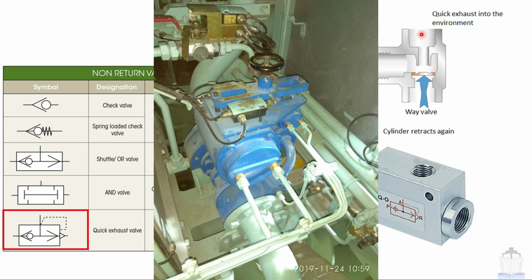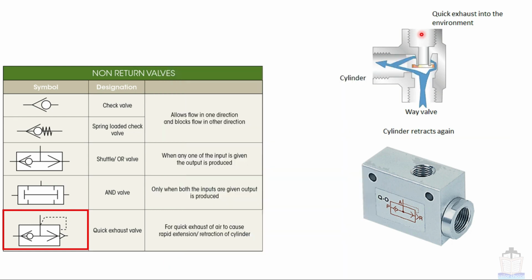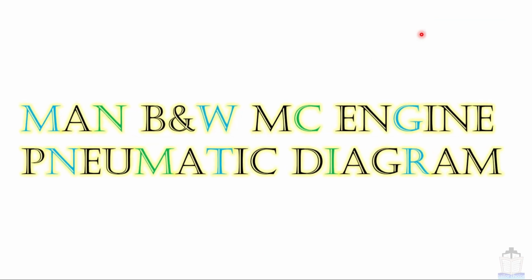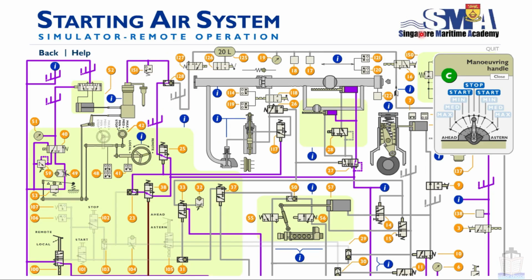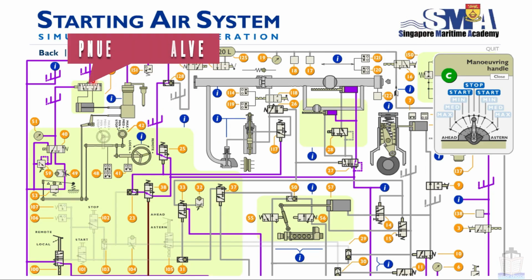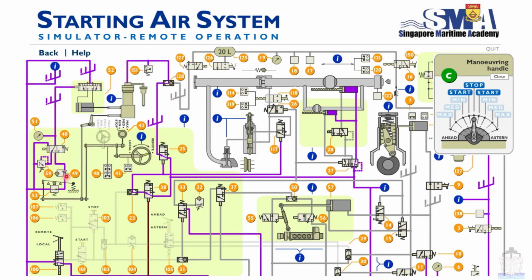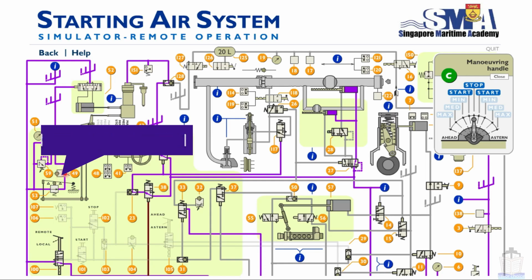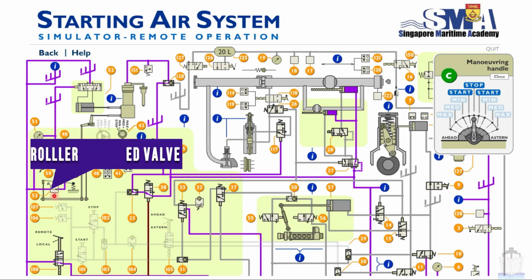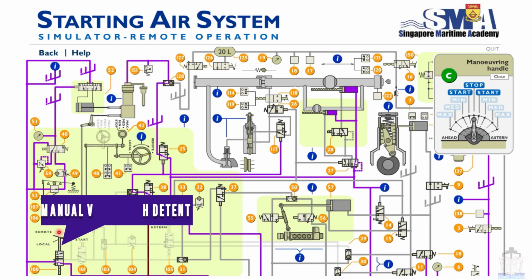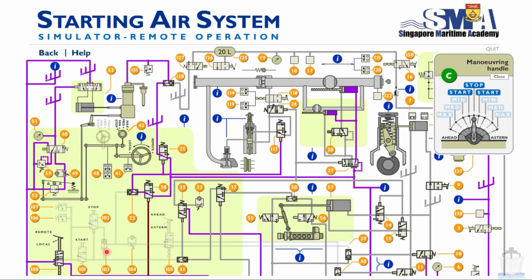Now we are going to see the practical aspects of all the valves which we have discussed so far in the MC engine maneuvering diagram. This is the MAN B&W MC engine pneumatic diagram. Now you can see over here, this is a pneumatic valve, this is also a pneumatic valve, this is the quick releasing valve, this is a check valve with restrictor, this is a roller operated valve, this is a manual valve, this is the symbol of manual, this is detent, this is a shuttle valve, this is also a non-return valve with restrictor, this is a pneumatic valve,